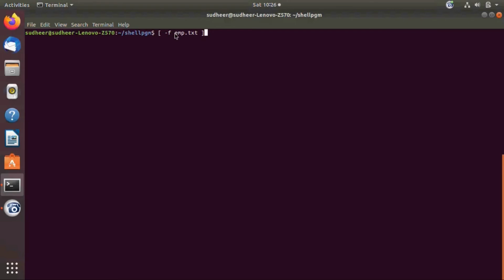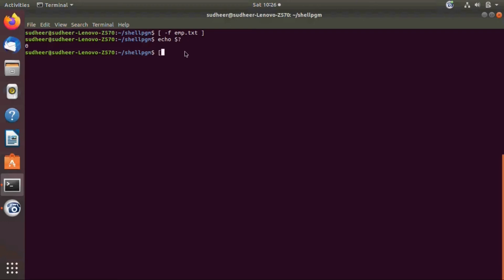If the file exists, it returns the status as 0, otherwise 1. Check the status, echo $?. The status is 0, so it means that employee.txt is present in the Unix system.